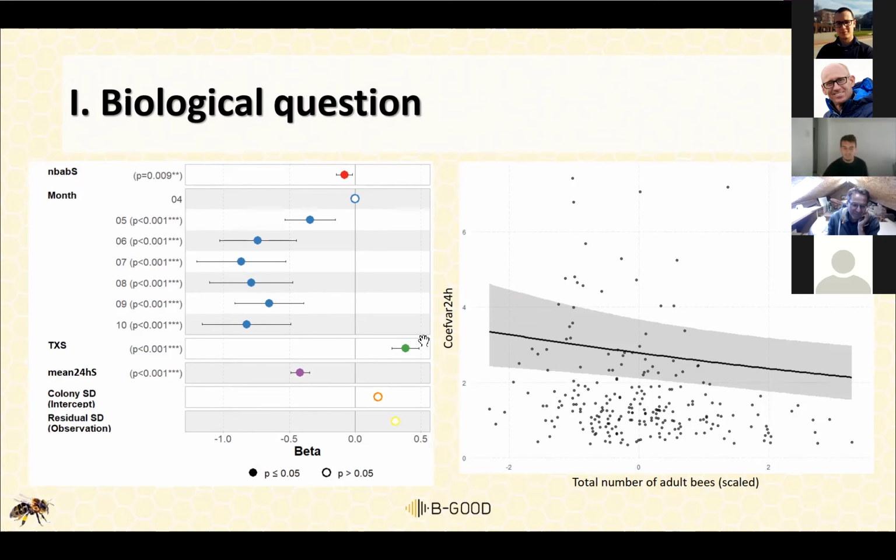We also can see that the higher the maximal external temperature, the more variable the temperature inside the hive, and the opposite, the higher the mean temperature inside the hive, the less variable it is. We also can see here the simulation of our model that fits the data with the total number of adult bees, so this predictor here.